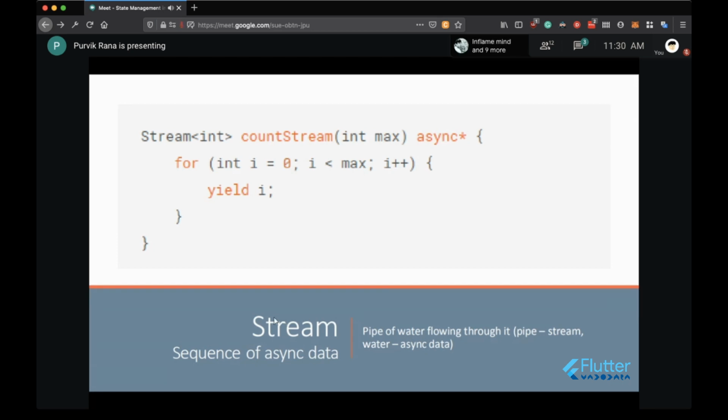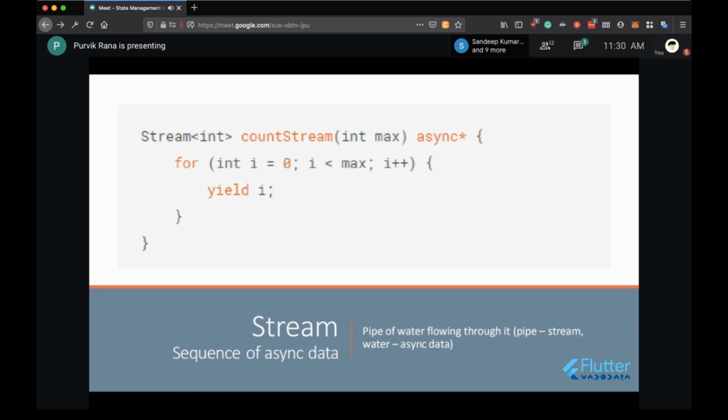Let's understand this example. So stream of integer is there. This is the function name. The max parameter is the limit till which we have to give the data from this particular function. Then we have the for loop over here, and one state is yielded from this. So let's understand what async star and yield are.